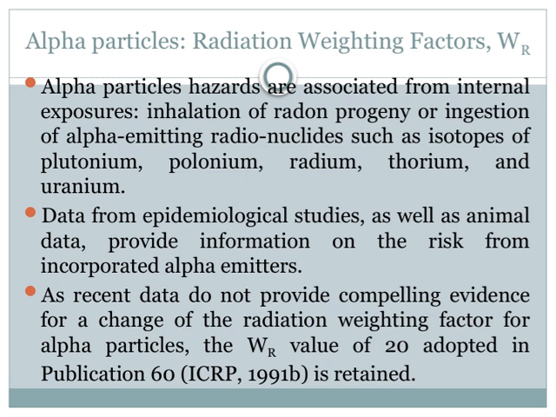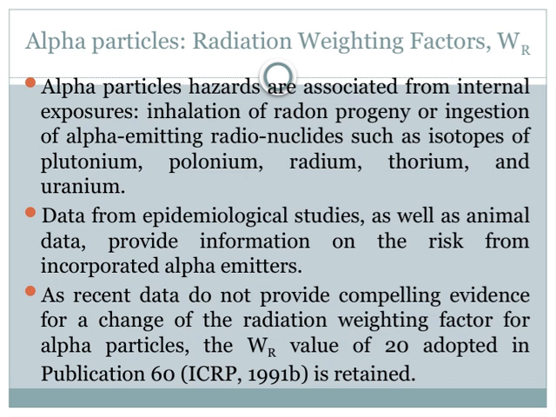Both types of data help us understand the potential health impacts of incorporated alpha emitters. Now, regarding the radiation weighting factor for alpha particles, recent research hasn't provided strong evidence to change the existing value. Therefore, the value of 20, which was adopted in publication 60 by the ICRP back in 1991, remains the standard. This factor is crucial because it helps us quantify the biological impact of alpha radiation relative to other types of radiation, ensuring our safety standards are based on the best available evidence. So, in summary, alpha particles pose significant internal hazards, but our current weighting factor appropriately reflects their potential risk, maintaining